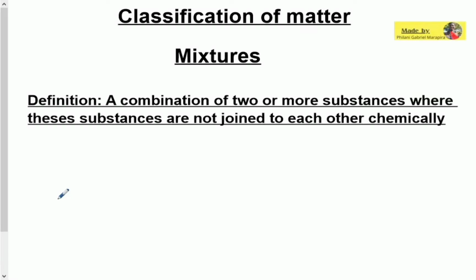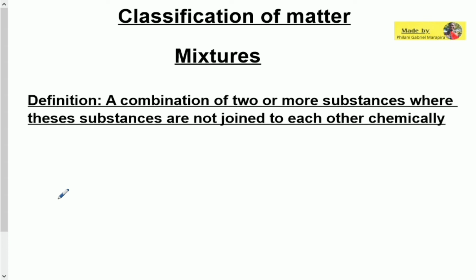Hello there. Today we're going to be talking about the classification of matter. But then more briefly, we're going to be focusing on mixtures. So what are mixtures? The definition of a mixture is a combination of two or more substances where these substances